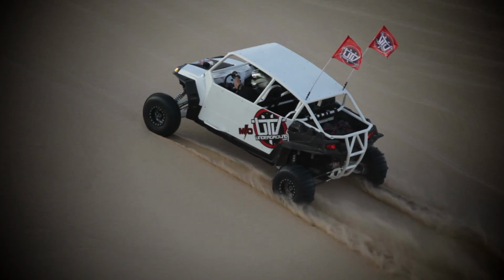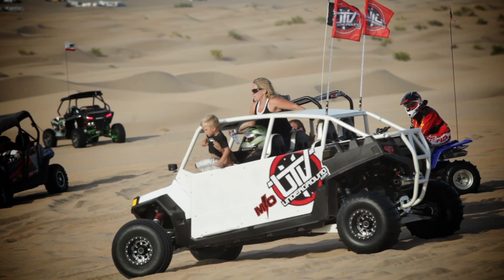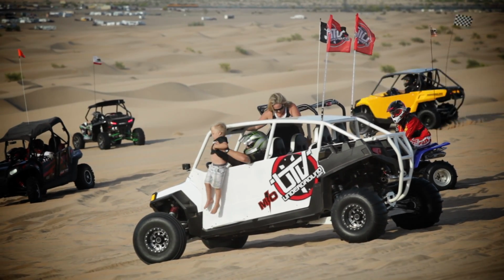So one of the major points on this build was to make sure it wasn't just cool looking and fast looking and could get it on through the dunes, but was also comfortable with my family. We're able to put 3 kids in the back, strap in a cooler in the bed, and go out and